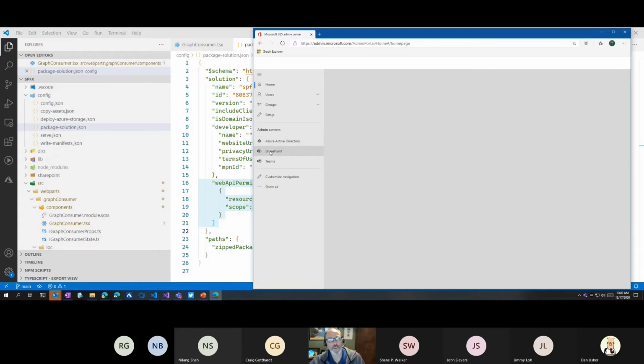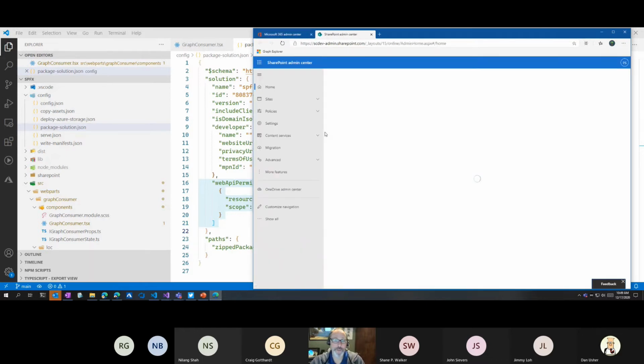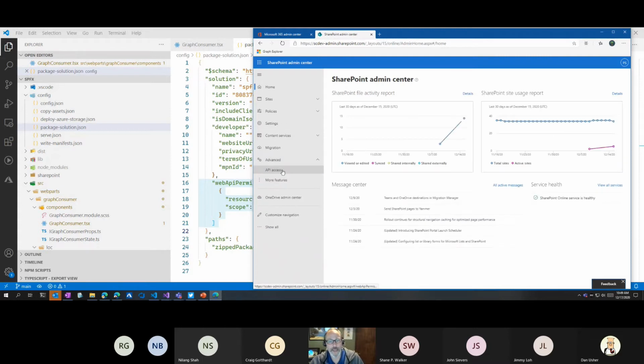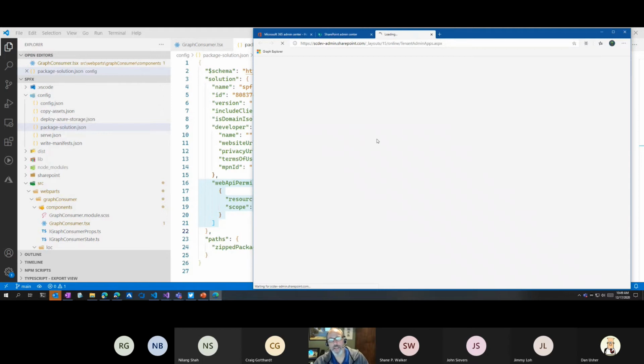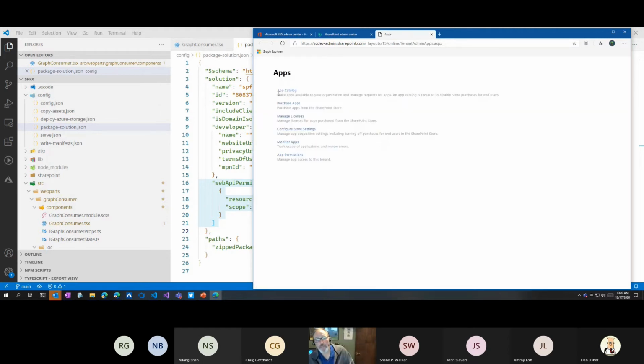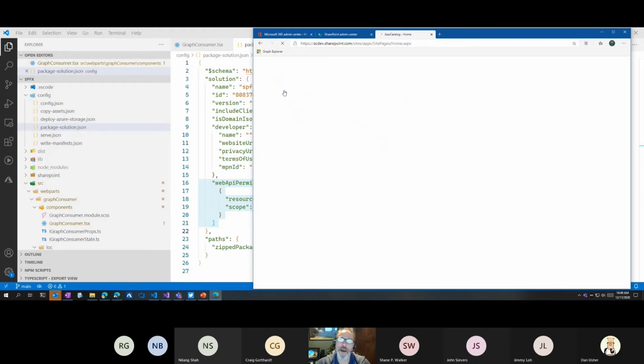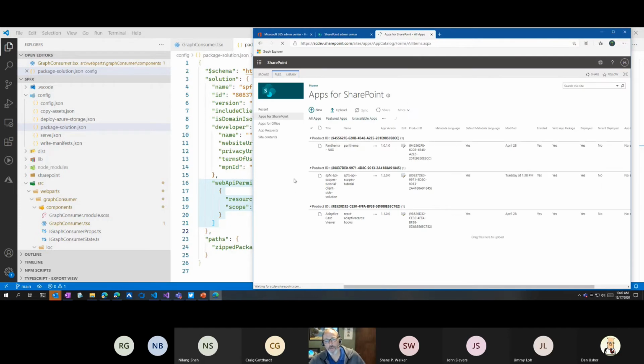So in SharePoint, a couple things that I had to do. First of all, I went into the app catalog, and in the app catalog for this tenant, I uploaded my SPFX project. There's plenty of ways to learn about how to create an SPFX solution, but in my apps for SharePoint, you will then see I have the SPFX API scopes tutorial client-side solution. There we go. And it's been uploaded and deployed, and life is good.